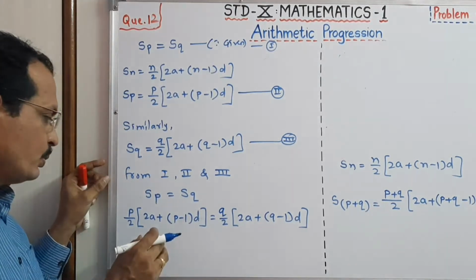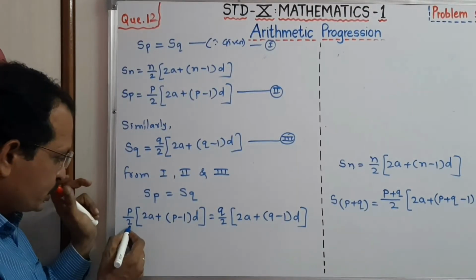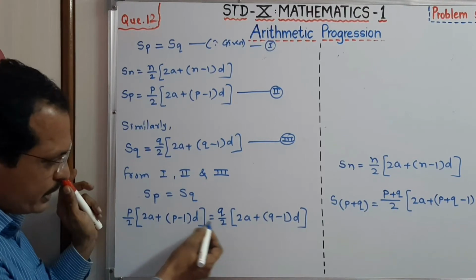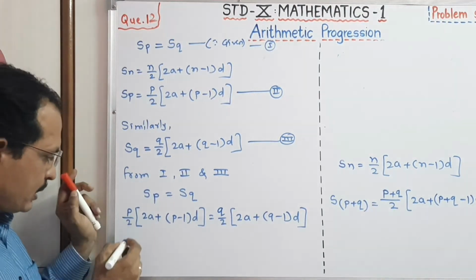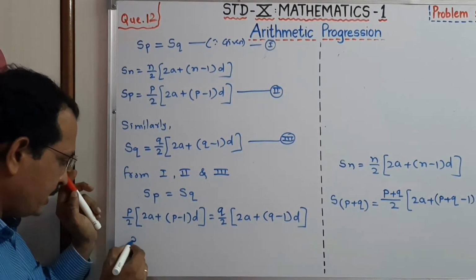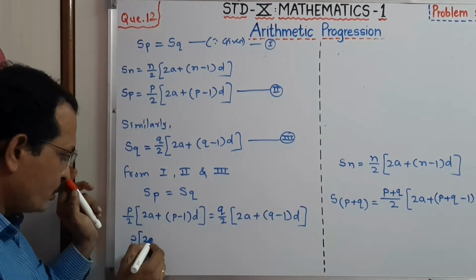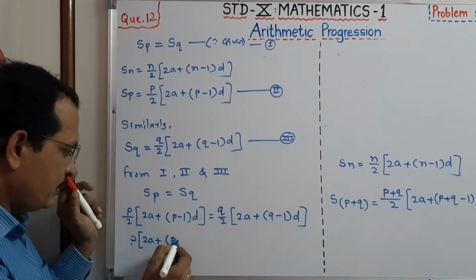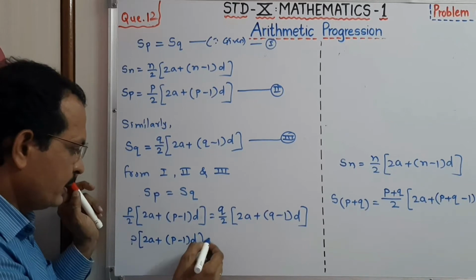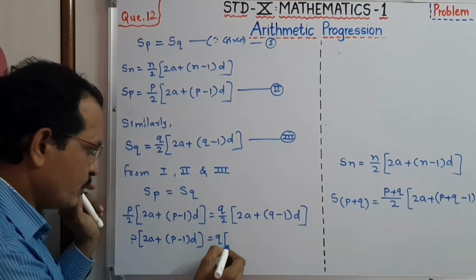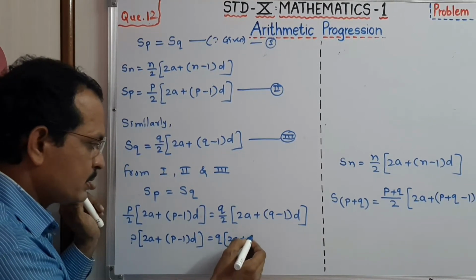Now we have to solve this. See, these two and these two, if we take these two on this side, they get multiplied, therefore p into 2a plus p minus 1 into d is equal to q into 2a plus q